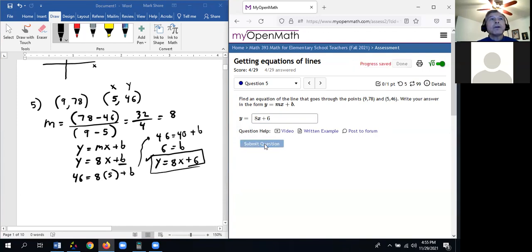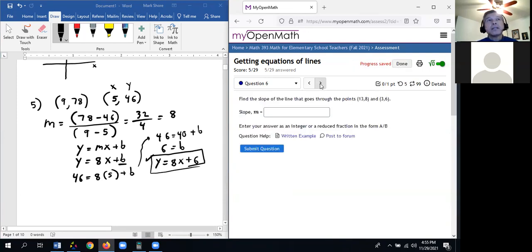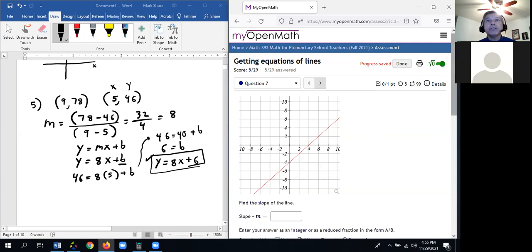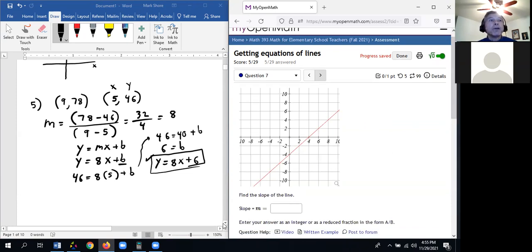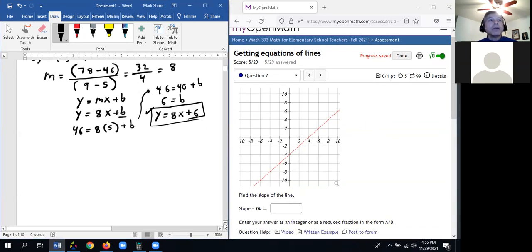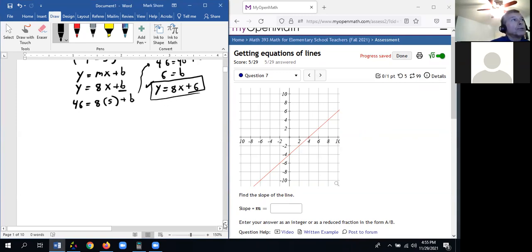So not an application problem, it's just a procedure there. This is the same thing. Here's problem 6, same thing. Oh, this one just wants the slope. So all you have to do on this is just do the first step, get the slope. So let's take a look at 7. On 7, they just want the slope of this, but they're giving you a